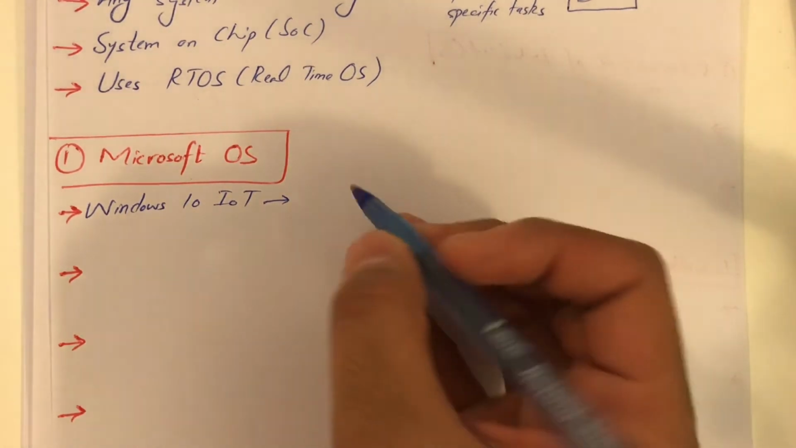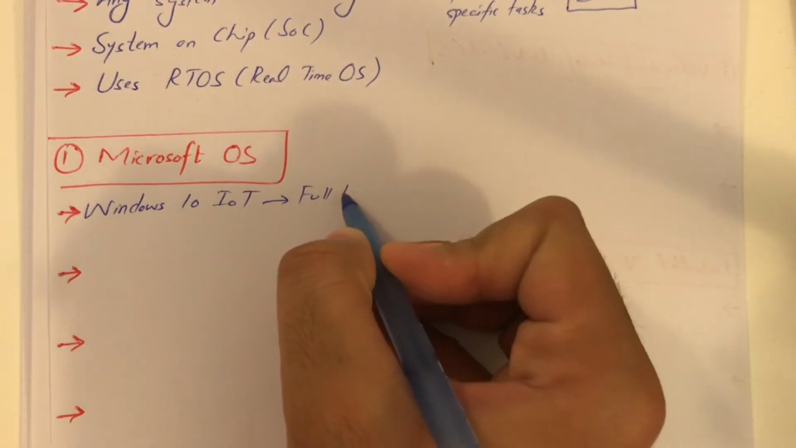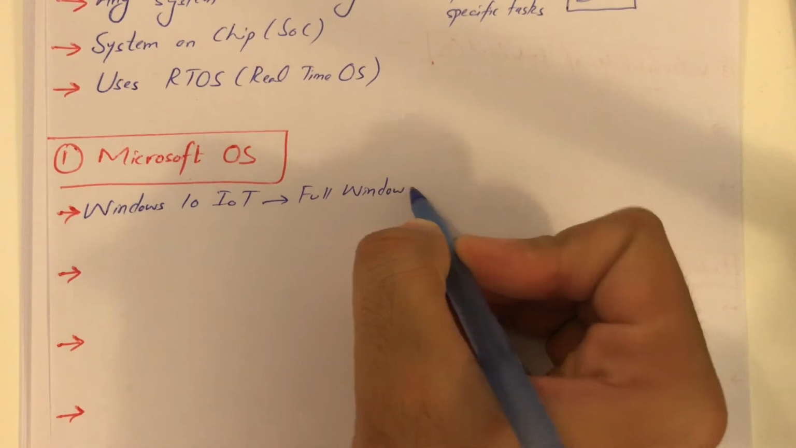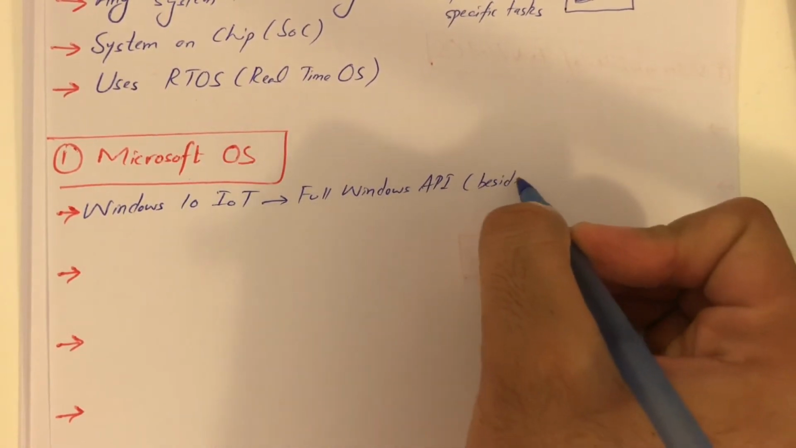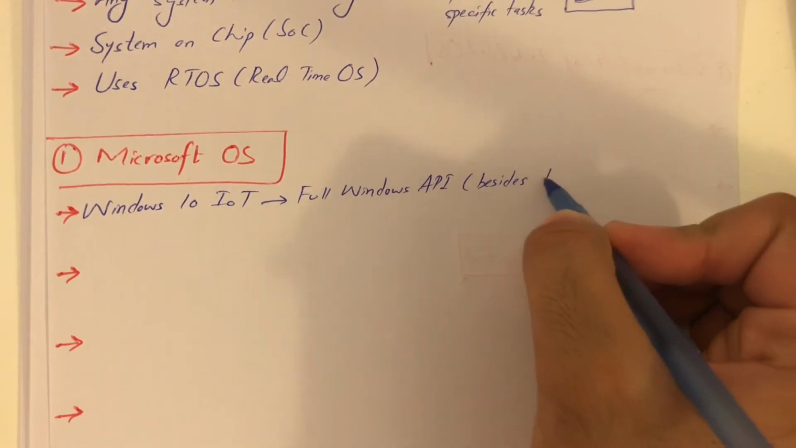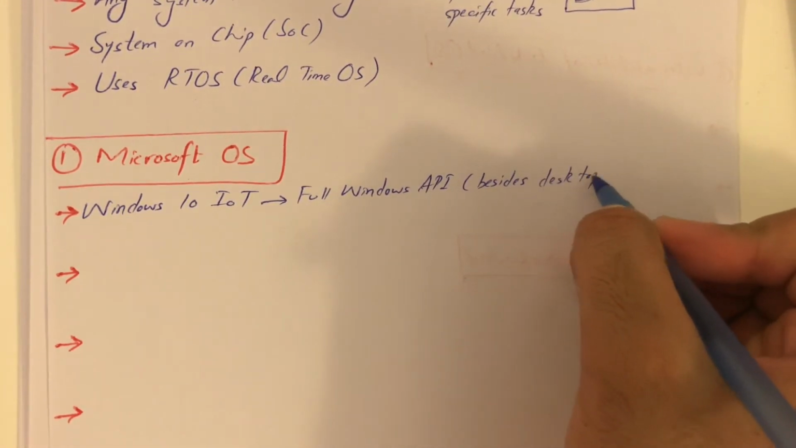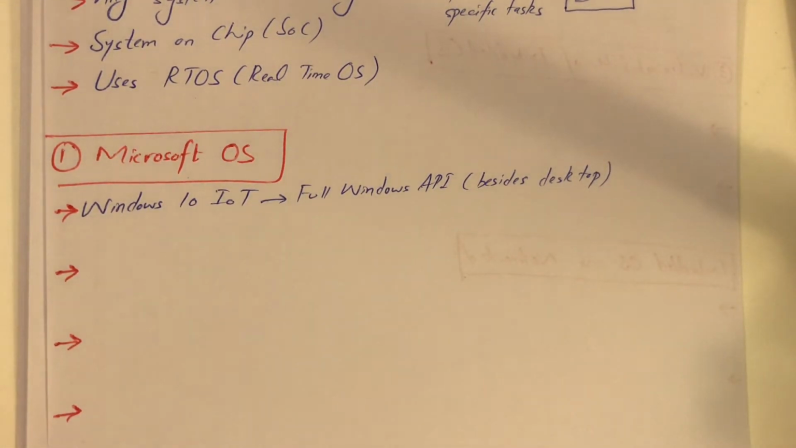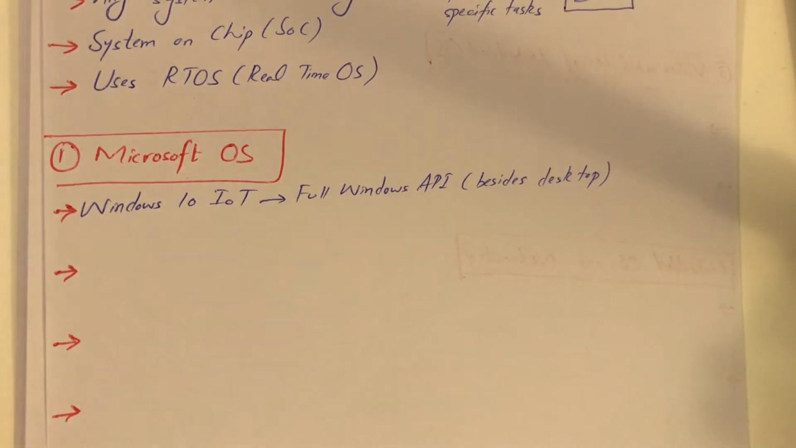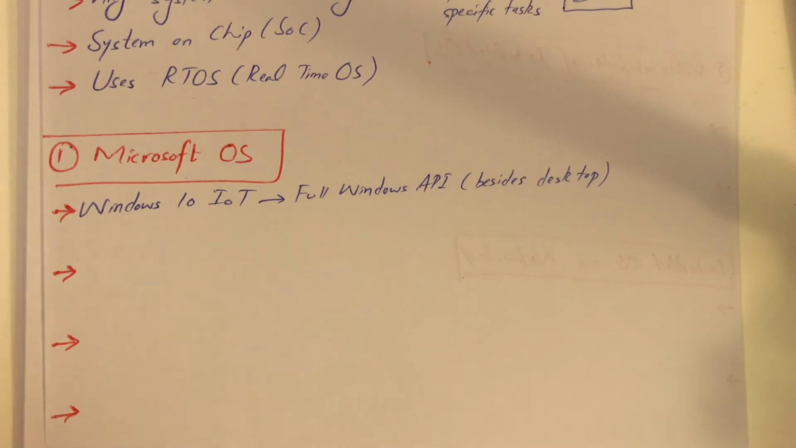So Windows 10 IoT offers the full Windows APIs, without the desktop environment, or you can say without the desktop feature. Usually it's very common in the corporate world because there is a lot of support and other stuff as well. One of the Windows operating systems whose source code is publicly available is called